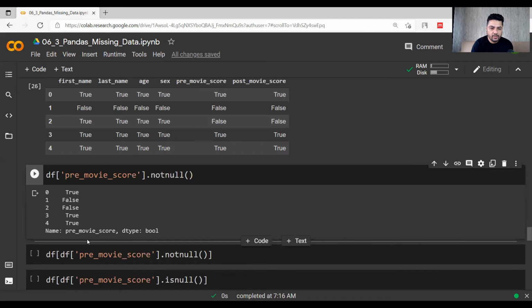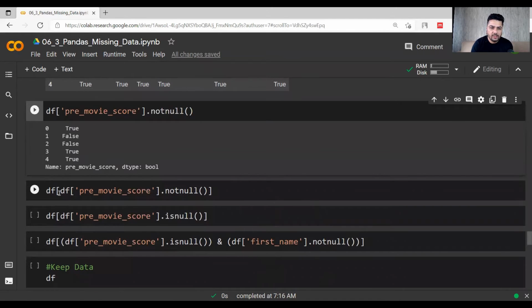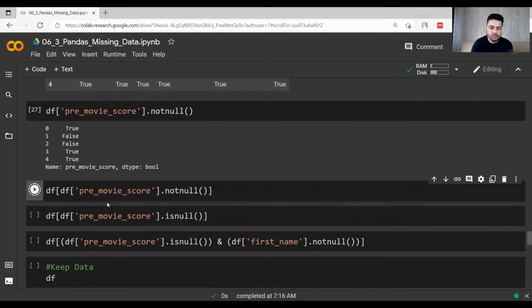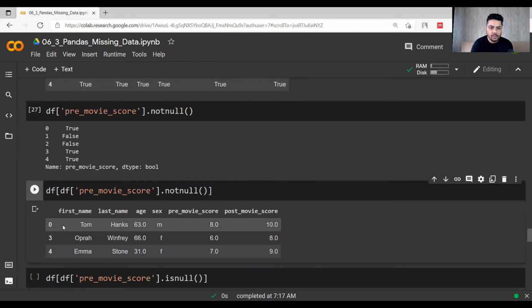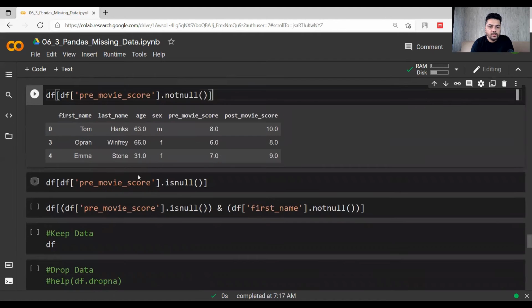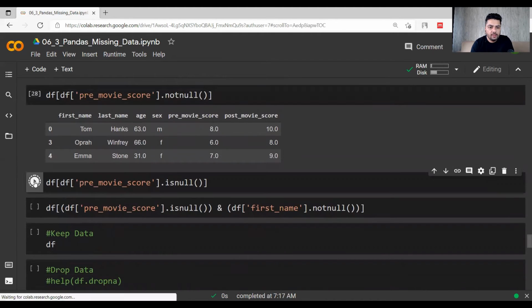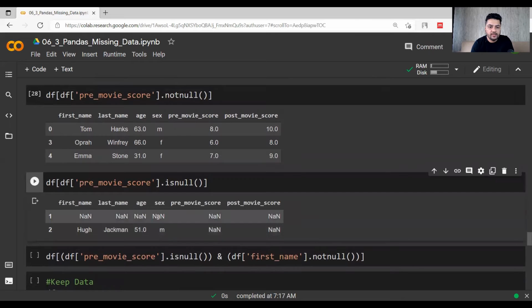Now if you want to get only the rows in which the values come out to be true, then the 0, 3 and 4th rows will come out here. So these are the 3 rows which are the output using this technique. If you do it with isnull, the same thing applies: where there is a NaN value, those 2 rows will be highlighted. So you can use these two techniques depending upon what you want to do.